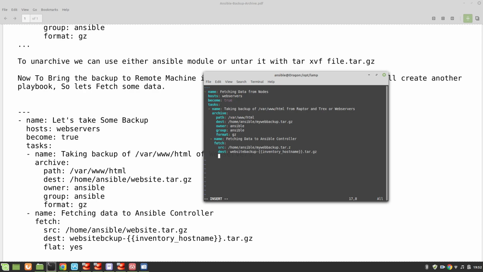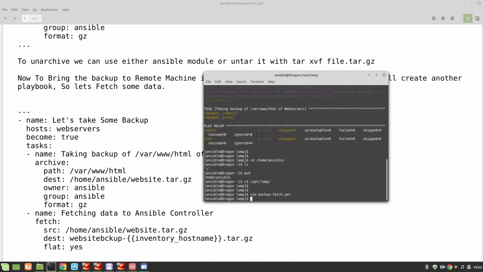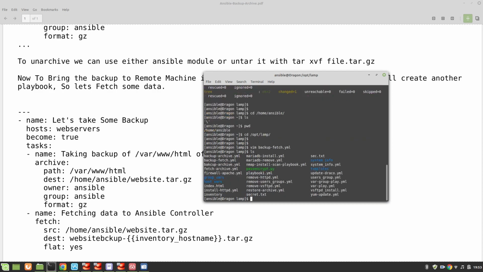Okay. Now, important thing, flat. What does flat mean? Let me show you without flat first what will happen, and then you will get a good understanding of what flat means. So let's check if we have anything in our destination, and destination is going to be this current area. So we don't have anything with the name of website. So let's run our playbook,